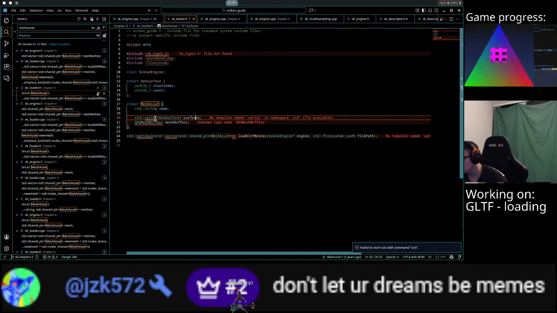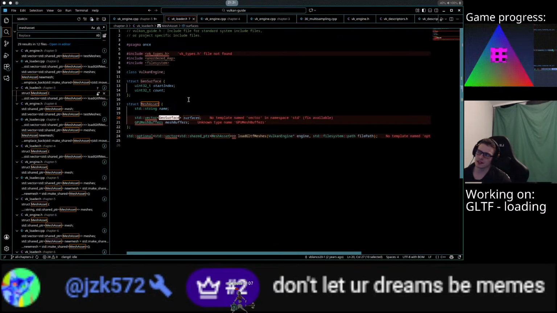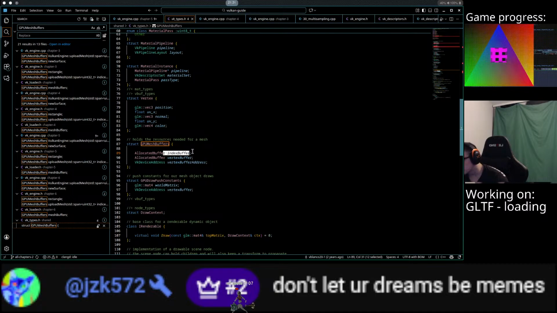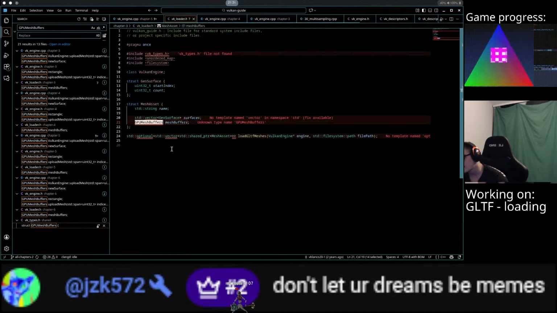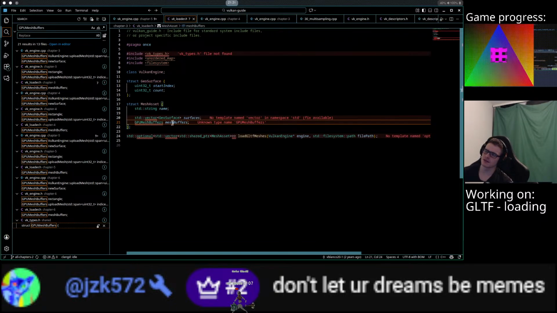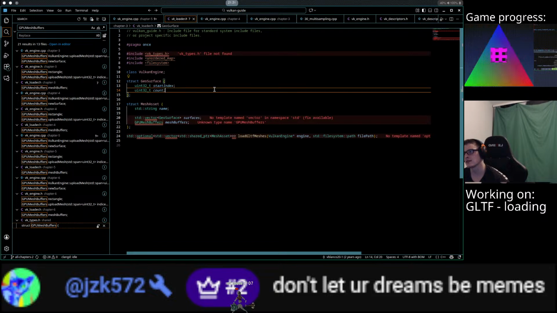Here, this structure, they have an array of these geo surfaces, which then consist of these things: an index buffer, a vertex buffer, and a buffer address. Okay, now I'm starting to see, because that's kind of weird. I think I might have to do the same. It's gonna break a lot of stuff, but I think it will make sense because now we're starting to get into a place where